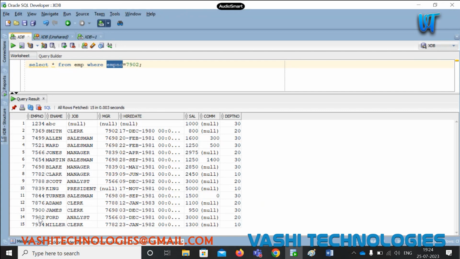Here you found a 7902. It searches the other records as well, because you don't have the index. Maybe another 7902 is also present after that particular record, right? In case you maintain the order, the index for that particular record, if you create the index for the employee number column, what will happen? What will happen? See,